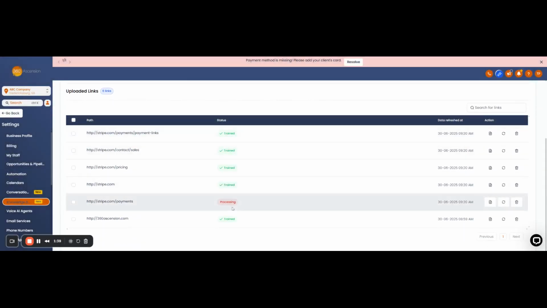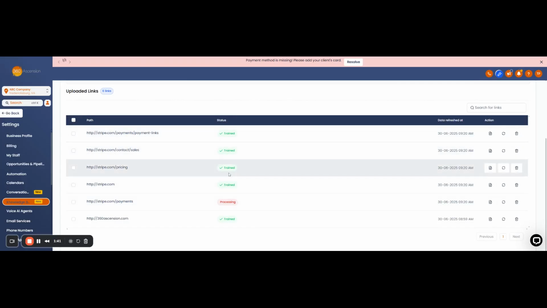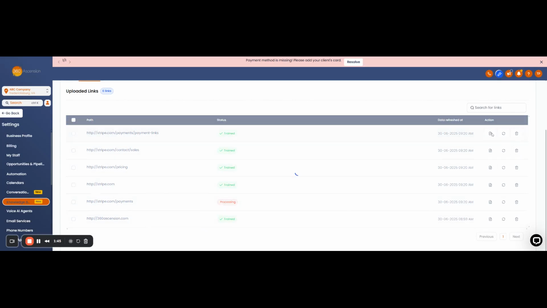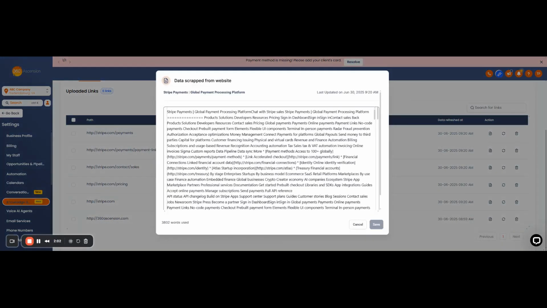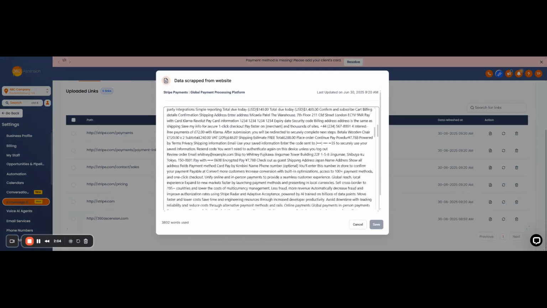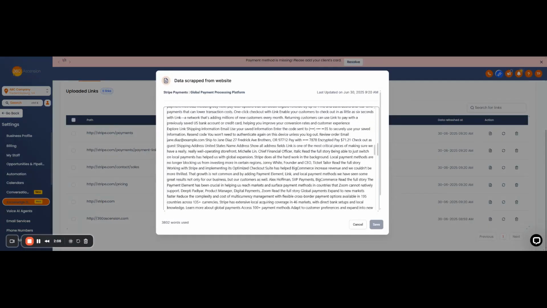You'll see the status that says processing, and then they change to trained. All right, we're trained. And then on the right here, you'll see the action buttons. You'll see that you have this document one, you have a refresh, and then a trash can. So the document button just shows you everything that it pulled from that page. So if I click on action, this is all of the information that it pulled from the payments page in